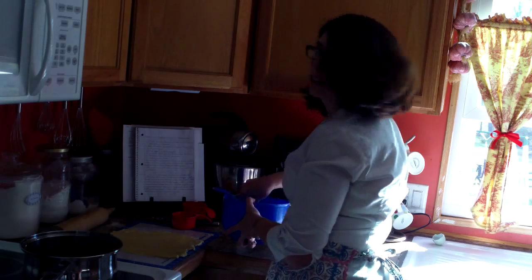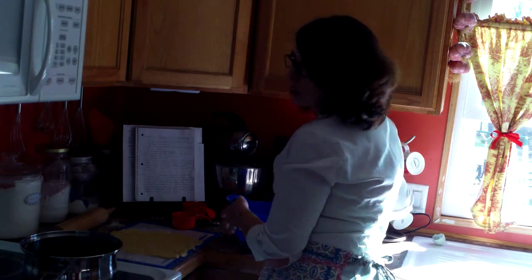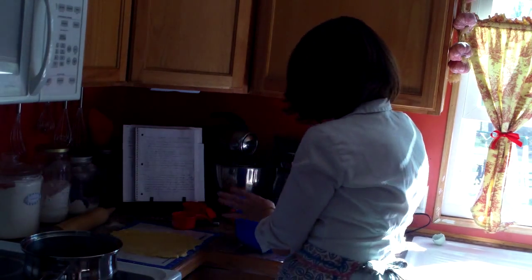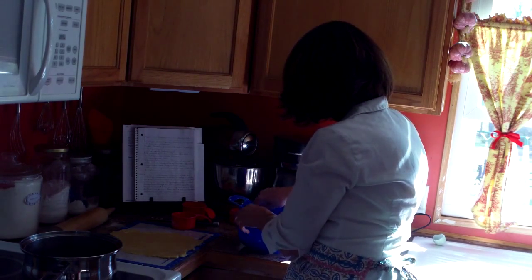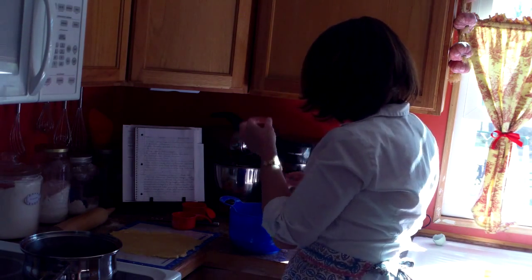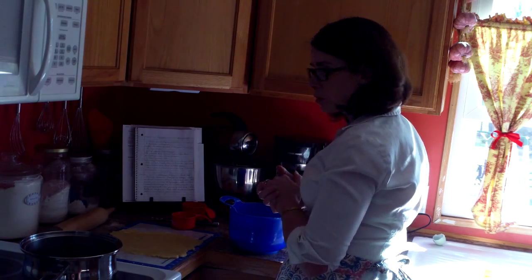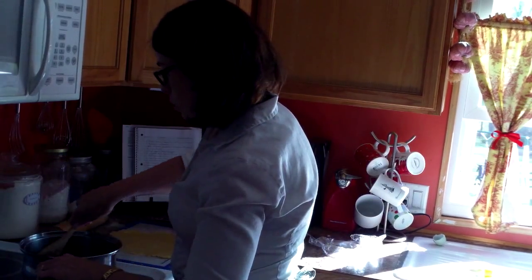And then I love this next. Add a pinch of salt. That's what we're going to do. I'm just going to use regular salt and a pinch. And then it says add a tablespoon of butter. So I've got my butter over there ready. Now we just have to